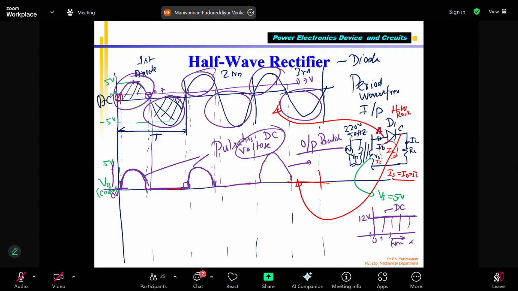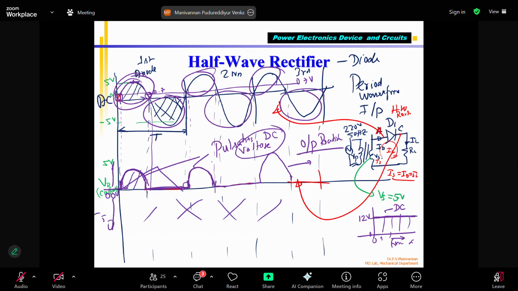Correct? On the positive side, it is the same as your input because the varying signs are in it. During the negative side, it is 0 volts. So it never comes on the negative side. Negative voltage, correct? 0 to minus 5 volts or whatever it may be. So here there is no voltage. Always on the positive side. If voltage is increasing on one side alone, 0 to 5 volts, it can be sinusoidal,